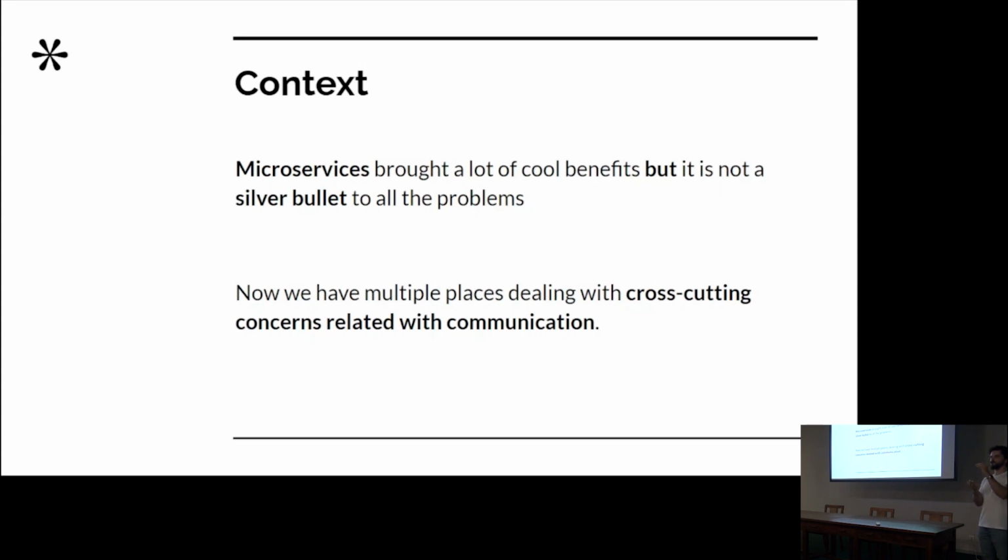And the monolith for your application had all of these features that needed to work, such as security, such as resilience, such as observability and monitoring. So this is what we'll commonly call cross-cutting concerns related with communication. These problems, now that we are using microservices, need to be replicated for all your services. Before we had a monolith, you only created the logic once, and now I have microservices duplicating the logic everywhere.